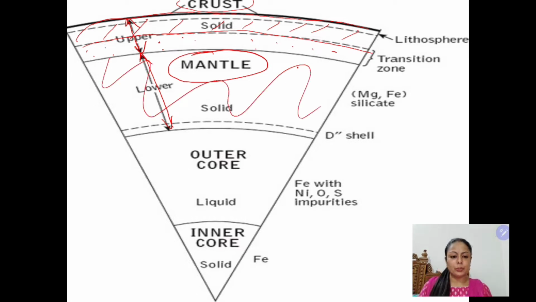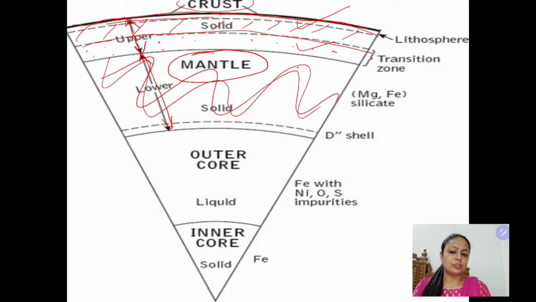So students, I hope you have understood. The crust is the thin layer at the top. This is the thinnest of all the three layers. Then is the mantle. The mantle is divided into two, upper mantle and lower mantle. The upper mantle is divided into two, the upper part of the upper mantle and the lower part of the upper mantle. And this is the lower mantle. So children, we will discuss this again in the same module.